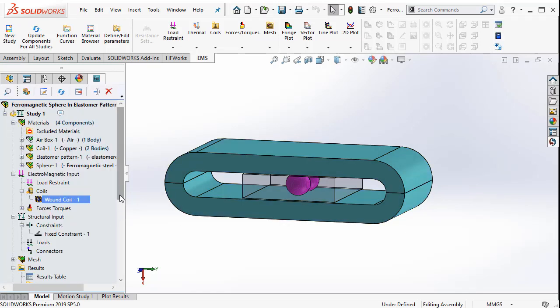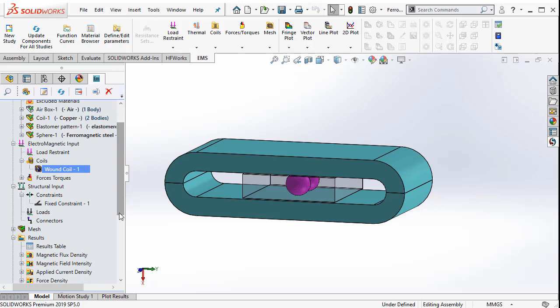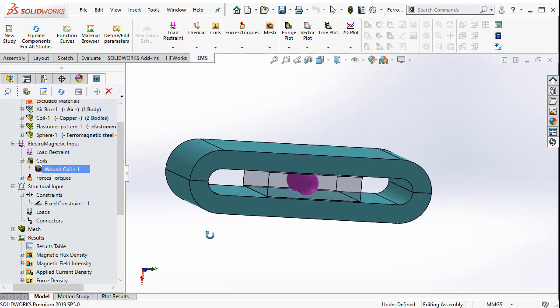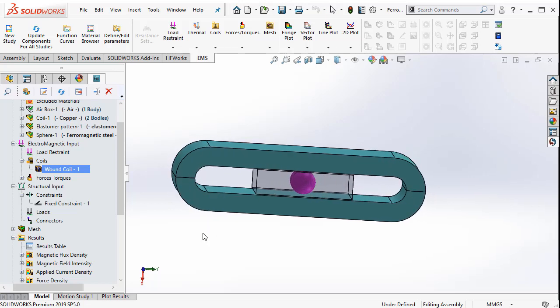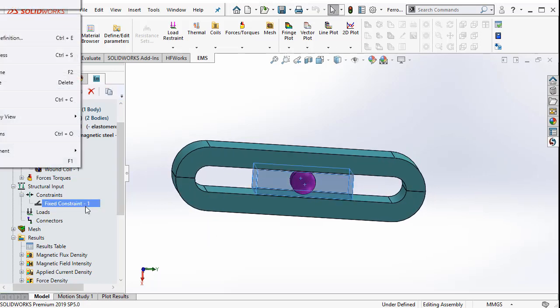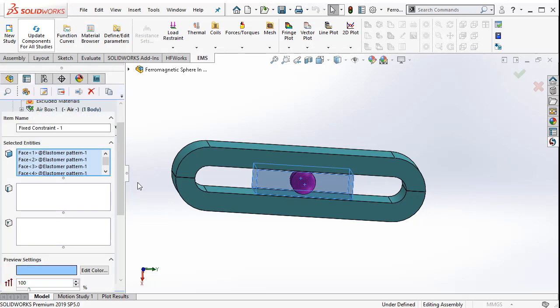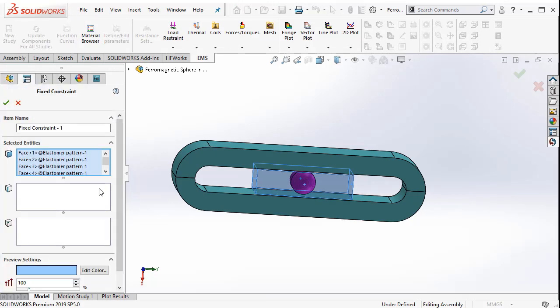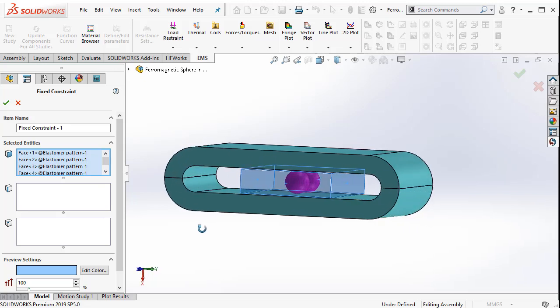As far as the structural inputs are concerned, all the 4 outer surfaces of the elastomer that we see here are fixed. So when we define the elastomer fixed constraint, we notice that the 4 faces that we see are fixed.